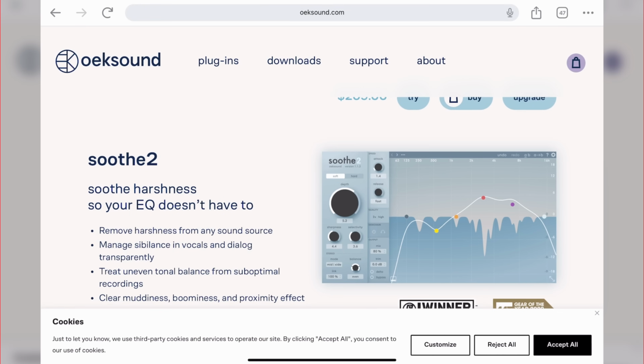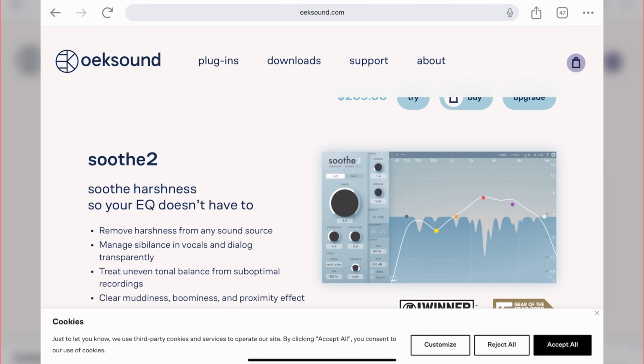My next one, to reiterate, Warren, is Soothe 2. I use it a lot. It's definitely a plugin you can overuse. And that depth knob, if you push it too far, you will hear a crazy amount of phase shift. So you have to be knowledgeable about where you're using it and how much you're using it. But it is great. It's a great problem solver, especially when you're getting tracks you had no control over